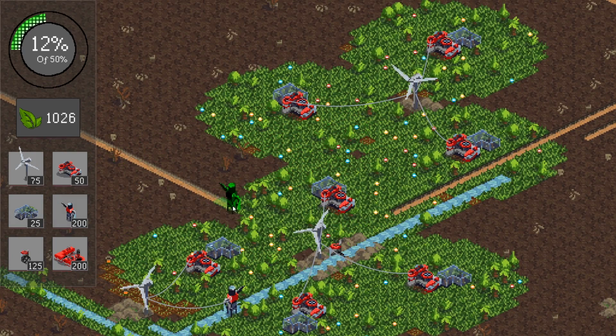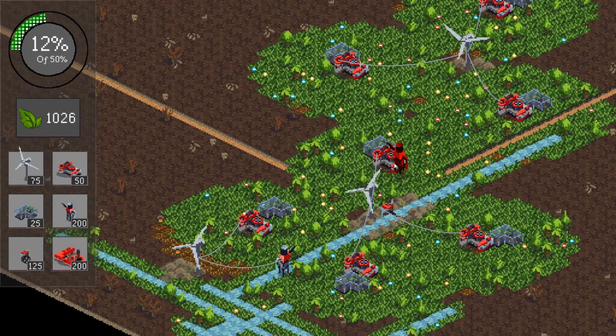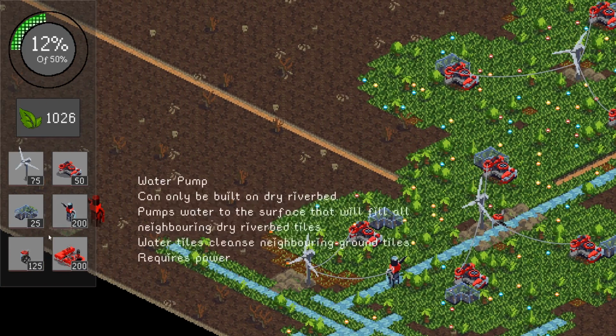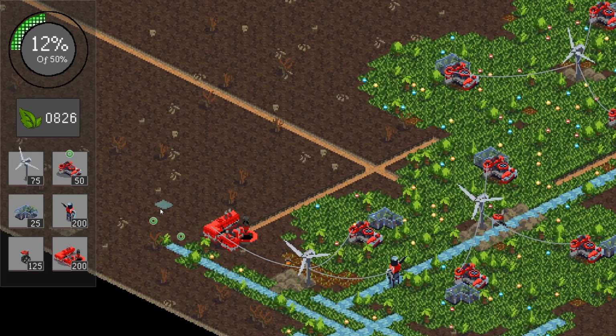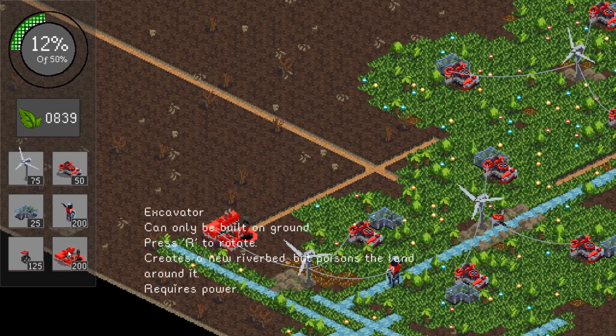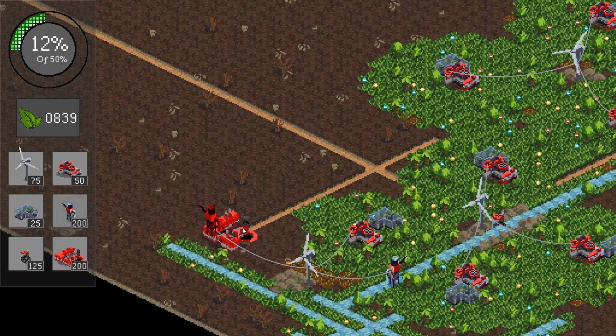Oh, didn't quite get there. What I might do, here's what we'll do. We'll put it here. It'll be powered by that thing. I think I can rotate this. Oh, I put it in the wrong place. That was meant to be on the other side of the water. Oh well, it doesn't really matter too much because we can...